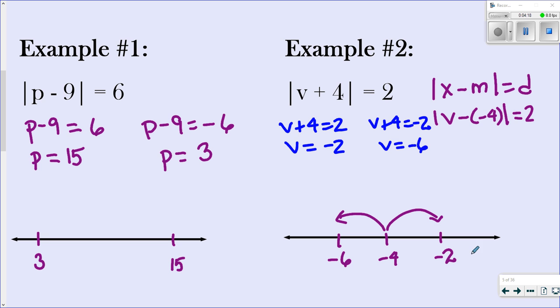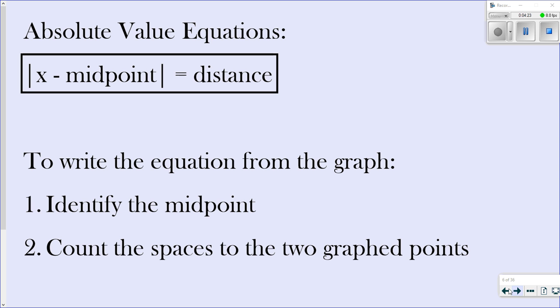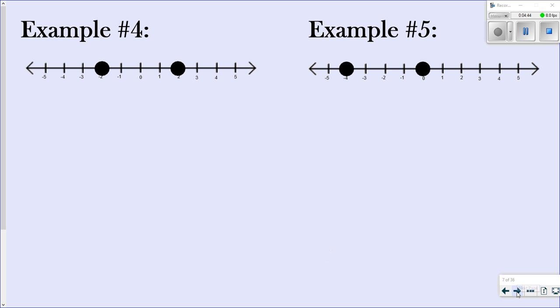All right, so again, this was a recap of absolute value equations. And there's the formula that I talked about: x minus midpoint equals distance. So you identify the midpoint and then count the spaces to the 2 graph points based on that midpoint, and the distance will tell you how many units you go left or right. Okay, so keeping that in mind,